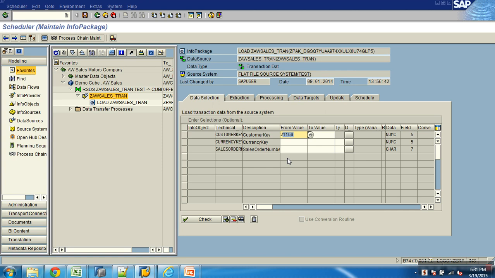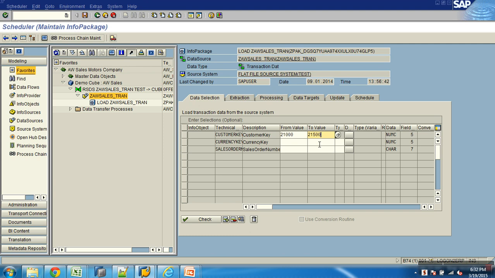Say for example, this is not what I wanted. I wanted to extract all the customers where the number range is between 21,000 and 21,500.